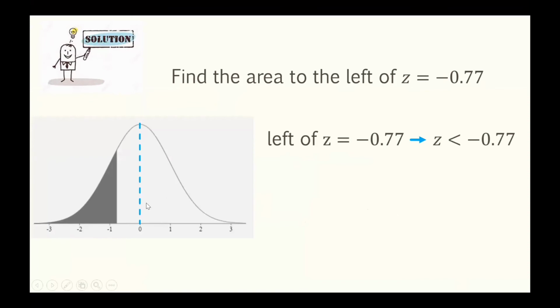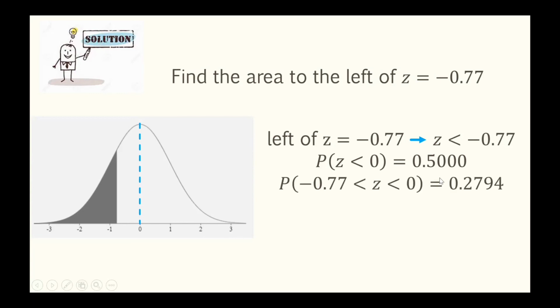In drawing the normal curve, we have here negative 0.77 to its left side. We're going to take note that the probability from 0 to the left side, that is 0.50. We're going to get the probability from negative 0.77 to 0. From the normal table for z, that is equal to